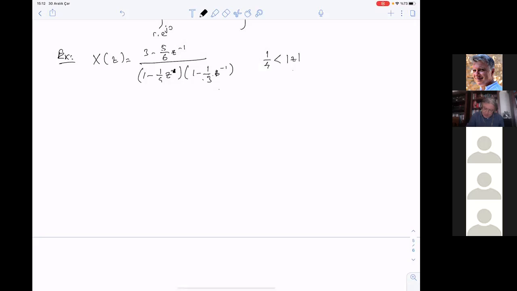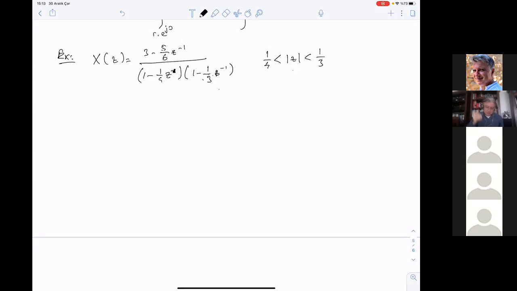as this, let's say, between 1 over 4 and 1 over 3. It's greater than 1 over 4 and less than 1 over 3. 1 over 4 is one pole, 1 over 3 is the other pole. So you must make a strategy. You should split it into two first order parts. And the solution corresponding with the pole of 1 over 4 should be out of the circle. So it must be a right-hand sided solution. And the one with the pole equal to 1 over 3 is inside the circle, which must give the